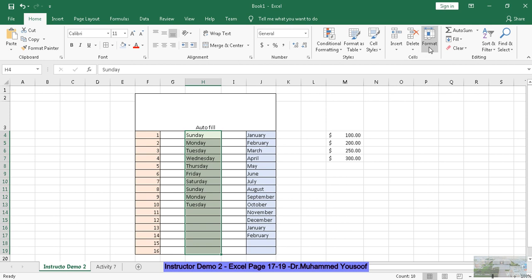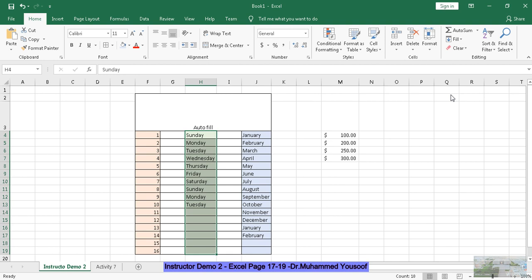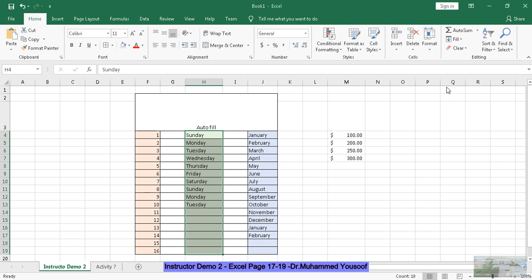Now you see here, format, auto fit column width. It will adjust the same way. You can also change the row height manually. You can also change the column width manually, for example, column width. Now column width is 10 point. If you give 13, see what will happen? It will increase. Can you see the idea?